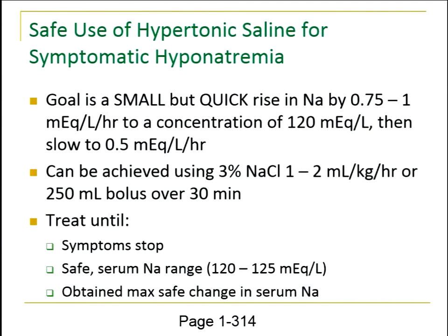So as our question already addressed just a little bit ago, and most of you all got this correct, you really want to have no more of an increase than 10 to 12 milliequivalents in a day for your increase in your sodium. Now, if someone's seizing and their sodium's 105, I had someone with a sodium of